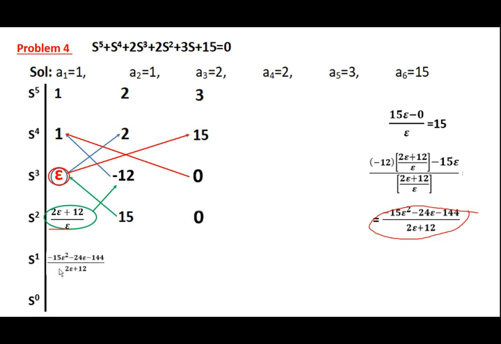Next, you can place 0 and find out this complex term into 0 is 0, 0 into epsilon is 0, divided by the same term. So it gives 0. You are multiplying both the terms with 0, so you are getting 0 itself. Next, find out the last element, that is the s^0 element. So this term into 15 minus 0 into that term, that will be equal to 0 itself, so divided by the same term gives 15.